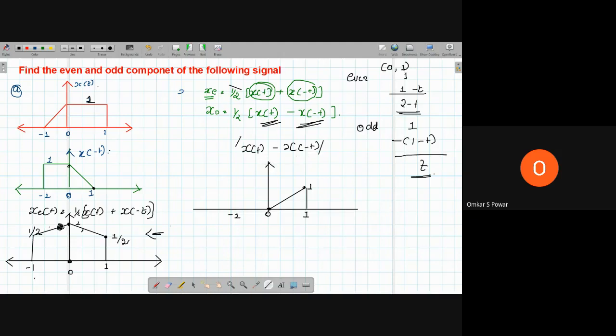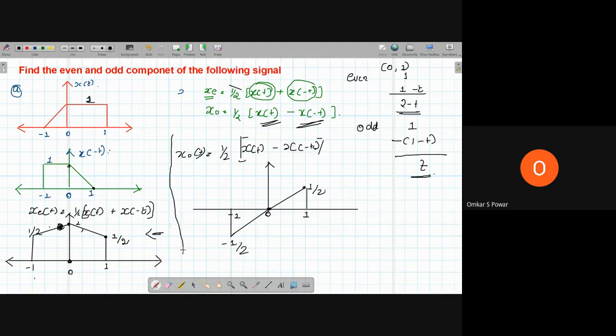Since it is an odd function, it is anti-symmetric. If it was even, I could have written like this, but it is odd, right? It is anti-symmetric, so no need to calculate again for this kind of thing. So we have got the odd component, but what we have to get is half of x of t minus half of x of minus t. So divide by 2, whatever is there. So this is your odd component of the signal.